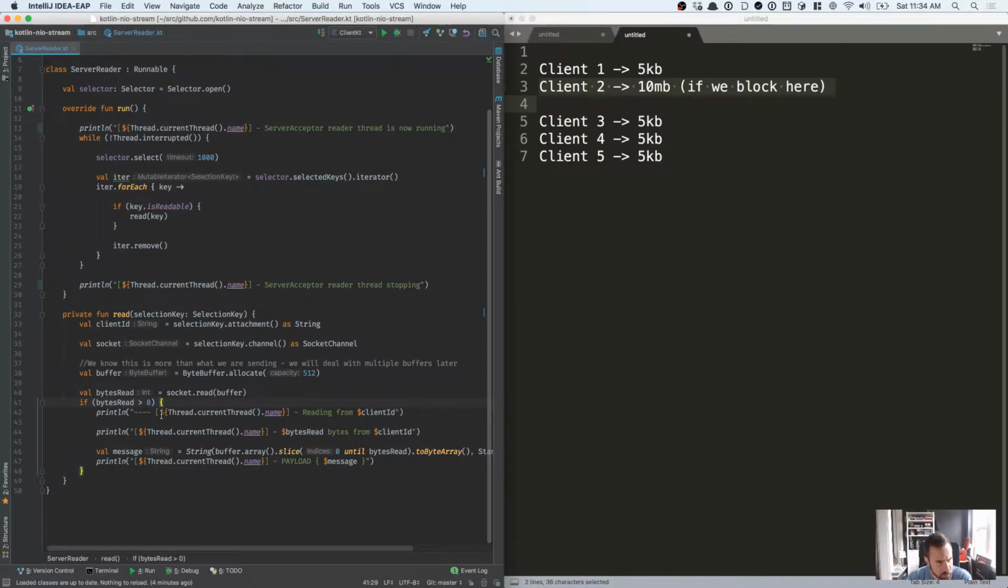Did we change this? We know this is more than we're sending. Oh yeah, we'll deal with multiple buffers later, right? Yeah, we have a comment here, right? So what we're gonna do is tweak this value down, and we're only gonna read like 32 bytes at a time, right? And so this is good from a